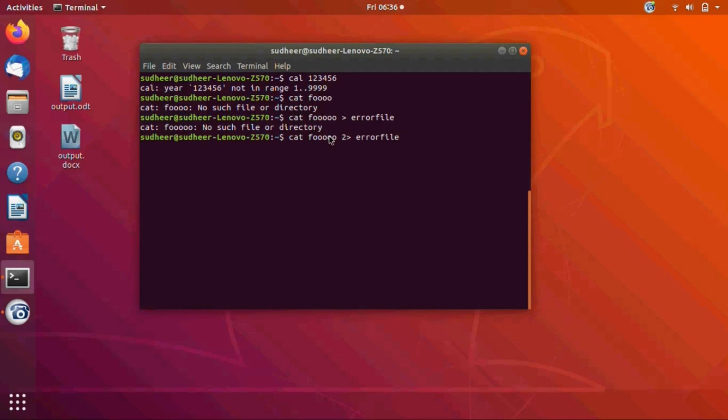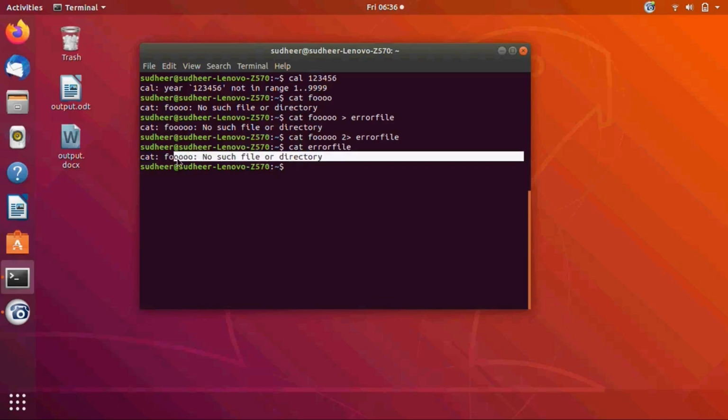Now the error message is redirected to the file error file. Let us run the command. Now the error message is stored in the file error file. Now print the error message: cat error file. So you got the error message here.